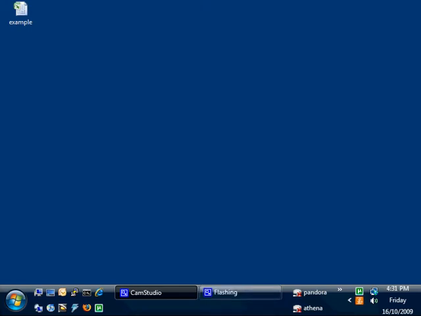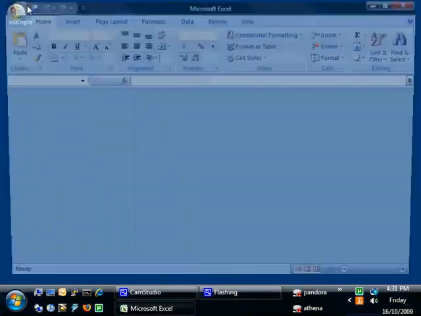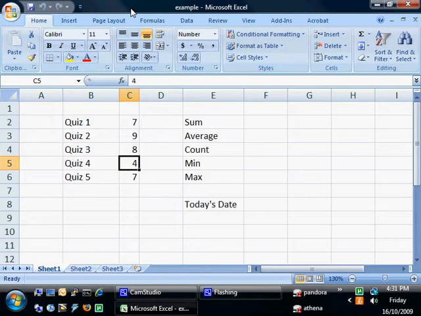In this demonstration, we'll cover the use of formulas and functions in Microsoft Excel. So let's open up this example worksheet, and if you notice, it's a very simple grade sheet for 5 different quizzes, where we have the 5 different grades down here in these 5 cells. Over on the right hand side, what we'd like to place in this cell is the sum of those 5 numbers. In here we'd like to place the average, and in this cell the count, here the minimum, and here